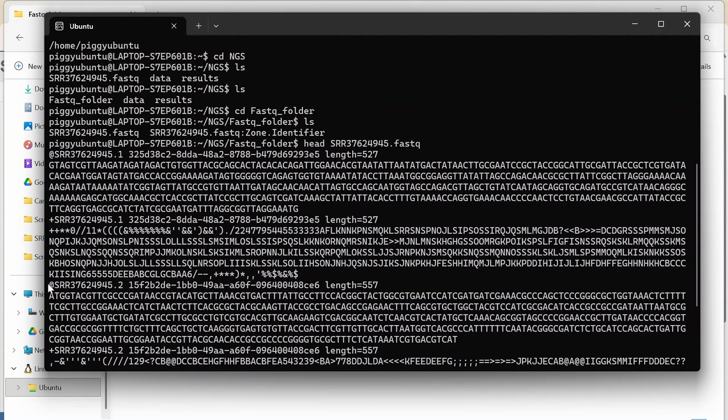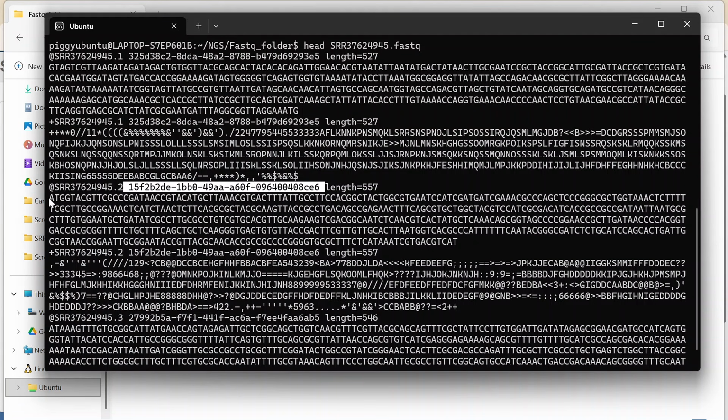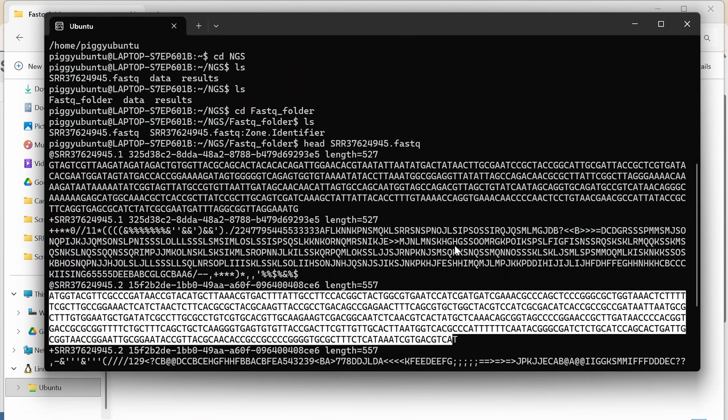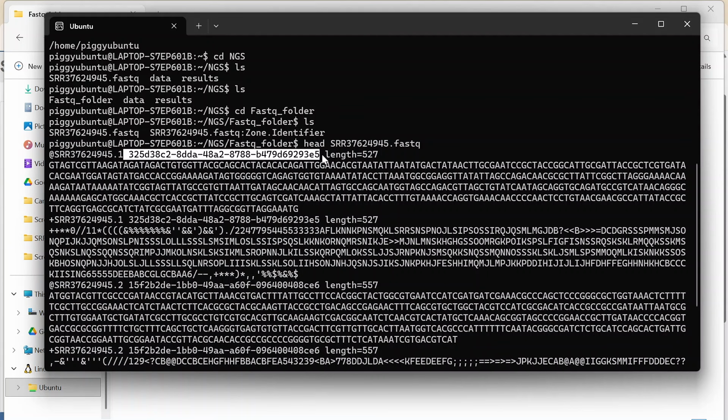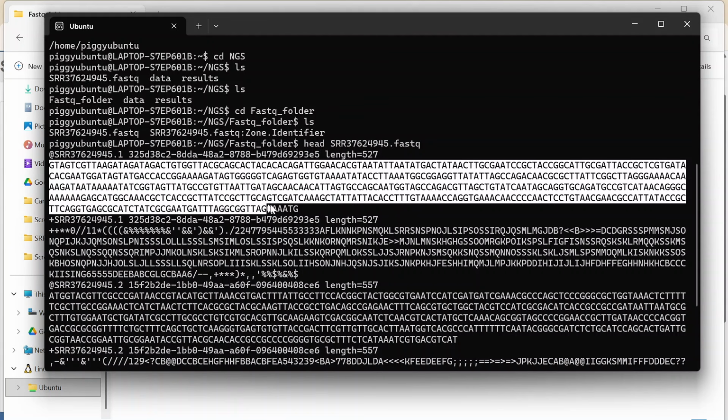Here we can see this is our read number 2, this is the at the rate, this is read number 2, and this is the specific unique ID for this read. Okay, so we can safely ignore this. This is just a random ID for this specific read. Now at the end we have the length. Now what does this length represent? The number of bases. So here this is our read 1, means this is our DNA sequence. So the length of this read, the length of this DNA sequence is 527.